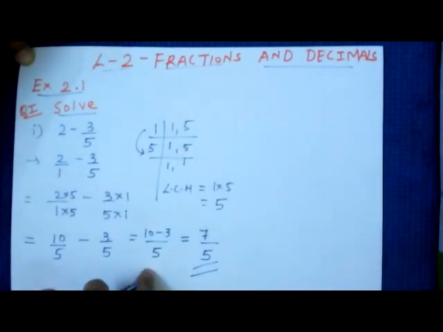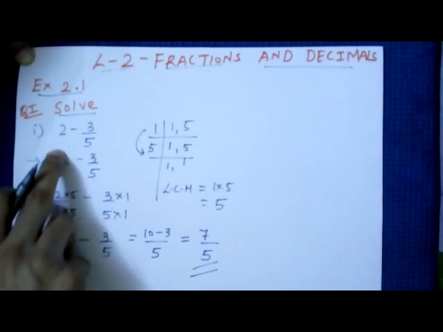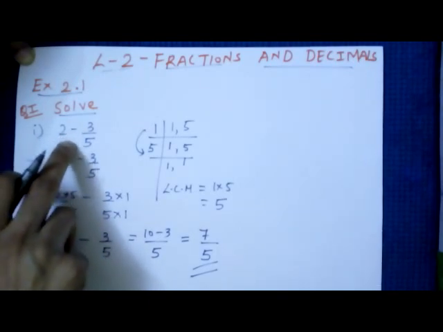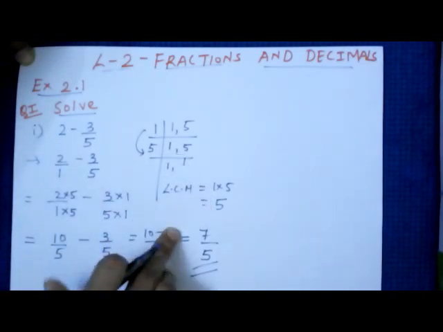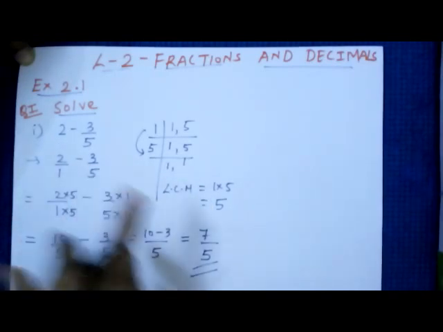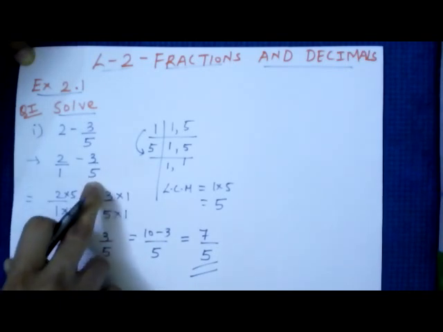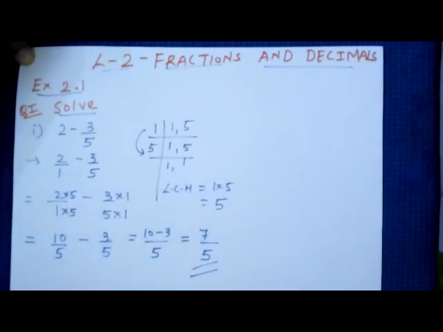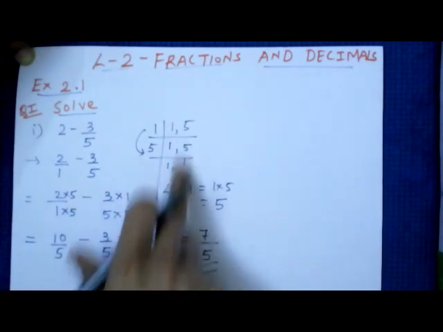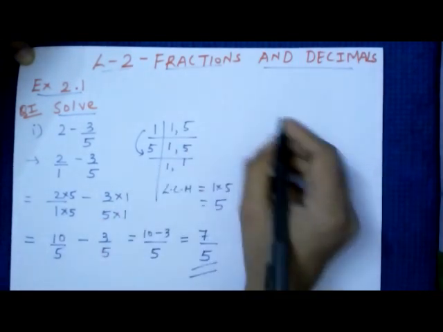So the first one is over. You will write upon 1. Only 2 is given, a whole number, so the denominator is not there, so you will take upon 1. And then you will do it like this. Now the LCM of any number with 1 is that number. So 1 five is 5. So directly also you can take, or you can do it by this step also. Now the second sum